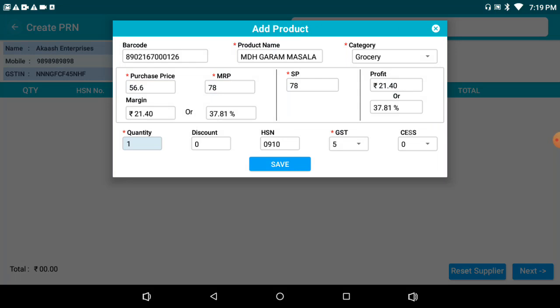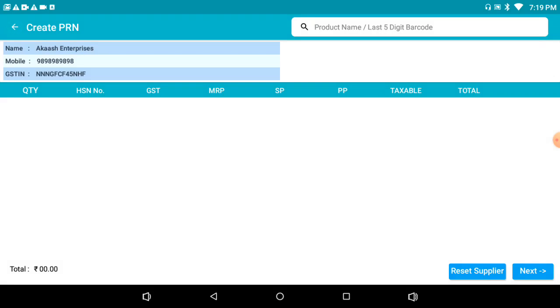Once we scan the barcode, on this page we are only supposed to enter the quantity which we are returning. All the other fields are non-editable, so we can't make any changes to them. Then we can click on save and proceed with the purchase return if we want.